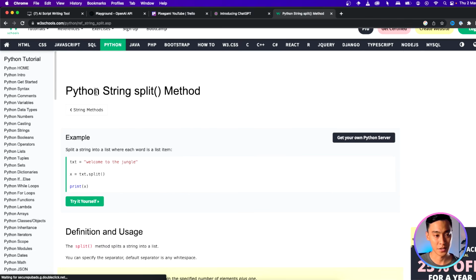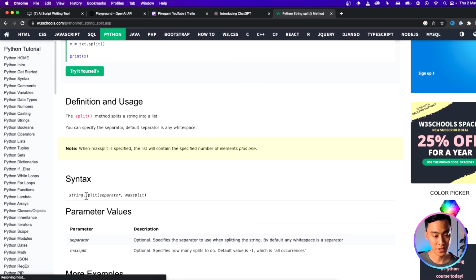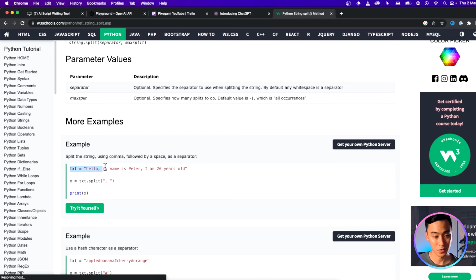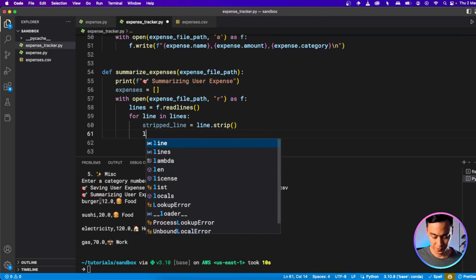And in this one, it says to use the Python string split method. And so we can split a string by specifying the separator that we want to use. So here's the example. This is the example text, and it looks similar to us because it uses a comma as well, and it can use this split function with this comma in order to break this up into separate strings. So we could do that here.